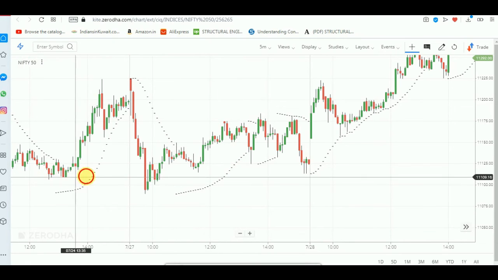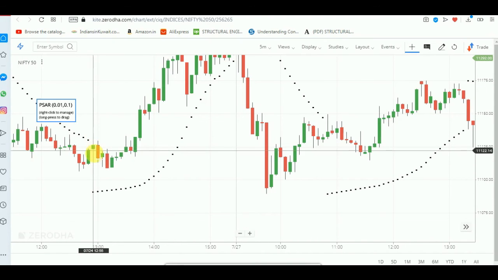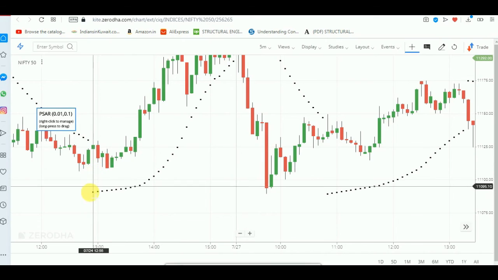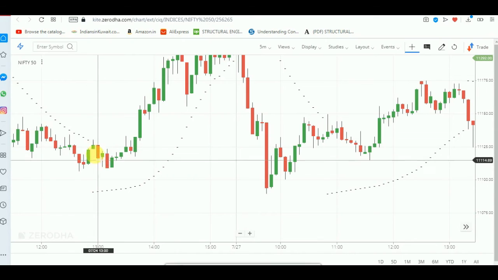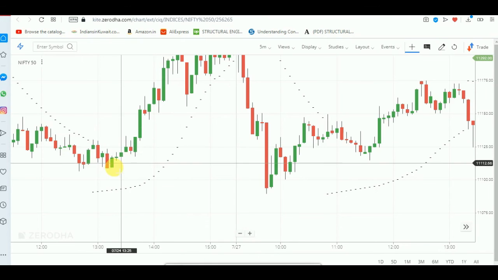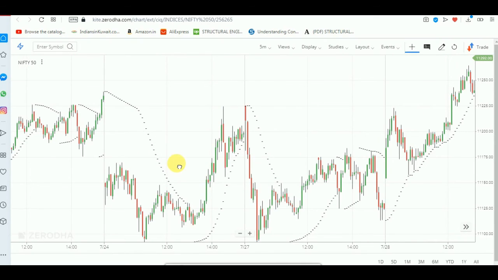So this is one of the main factors to be considered in trading. Here also you can see, right? Here the dot has been reversed, which means from the bottom to the top. After that it got a small downward movement, and then it picked up and moved, right? So this should be taken care of in trading. Even here also you can see a huge gap from the dot to the candlestick. So you need to wait and see when exactly it is moving down. That is a very important factor.